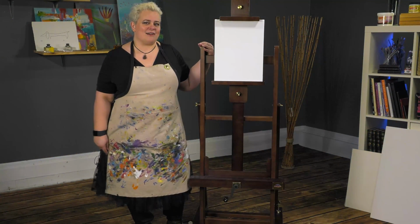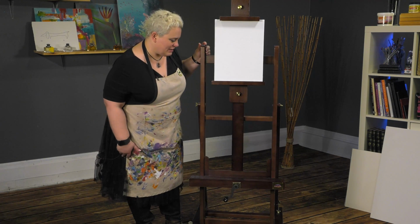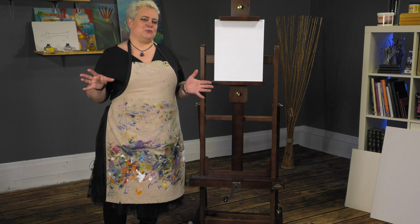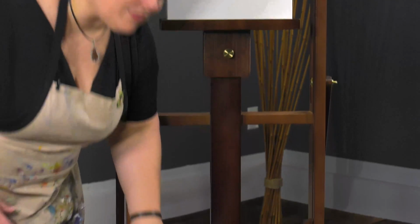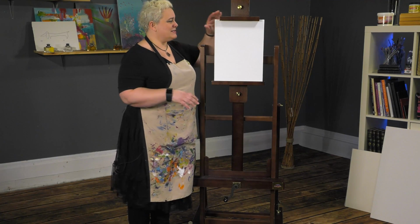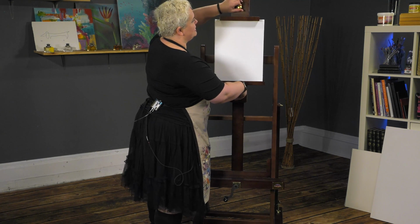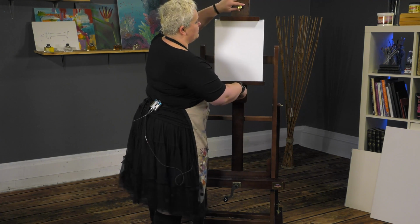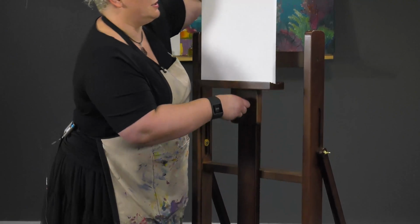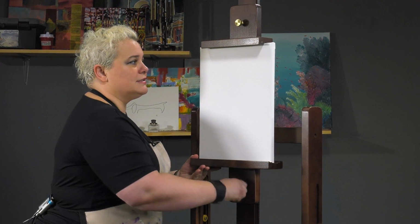We're looking at the Eagle Rock Studio Easel. It's this beautiful walnut stained hardwood easel that we've got here at Jerry's Artorama. It's kind of your classic H-frame easel with a few twists to it. For one, it's got the ability, with these smaller setups, to do small canvases down to something just absolutely tiny. It can be slid easily to move this down, to be able to sit to paint. It can be slid even for a taller painter, which is something that's very nice because this should be